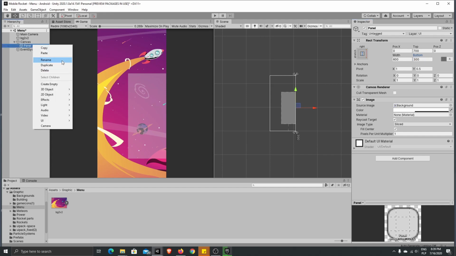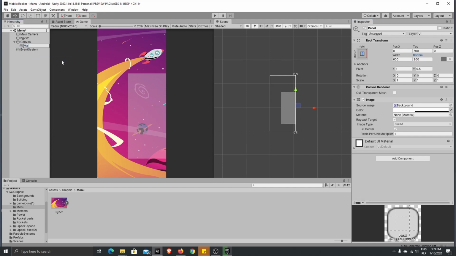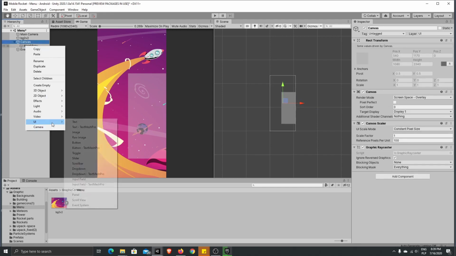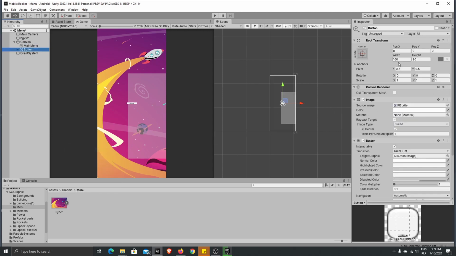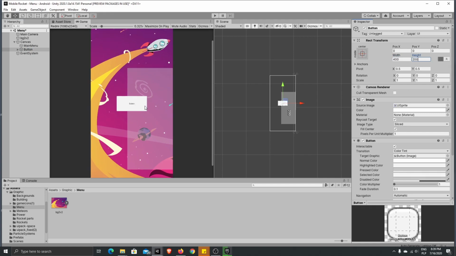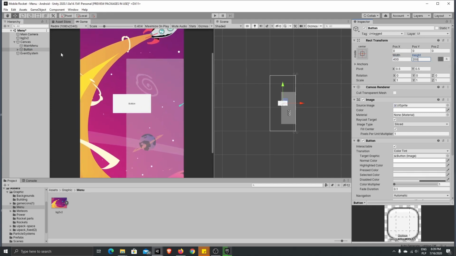Now let's name it main panel, main menu, and inside that let's create a new button, UI button Text Mesh Pro. Yeah, the button is very small, so let's change size to like 400 and 200. Let's check how it looks. Let's zoom in a little bit. Okay, this one is too small,